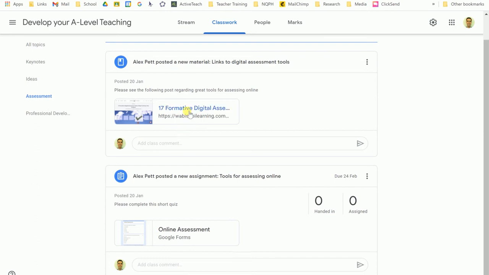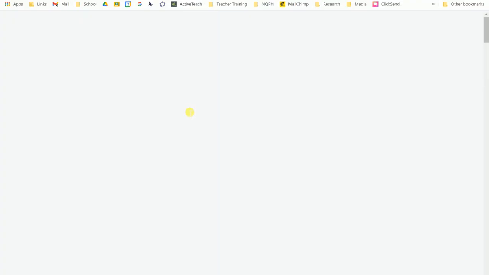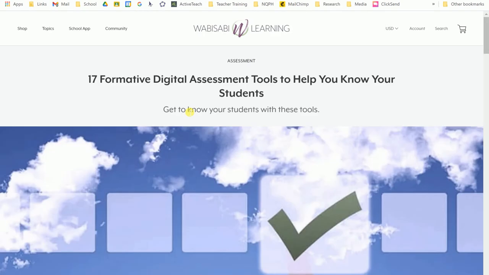Looking at what formative tools we can bring back into the classroom, I think, is absolutely key. So there's a link here for 17 formative assessment tools. And again, let's try not to get hooked up in which tool works best, but it's the learning that we want to take from it. It's that taking a pause moment, getting some feedback from the students about how the teaching is going, that allows you to better direct the rest of the lesson.